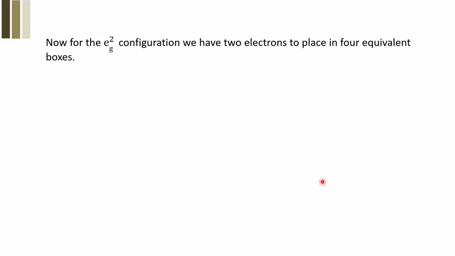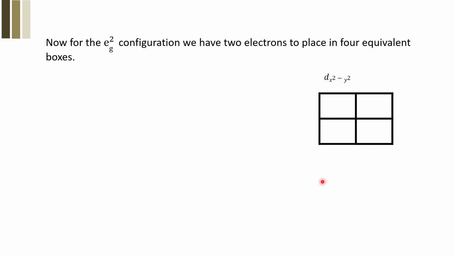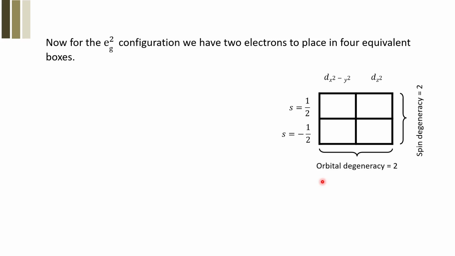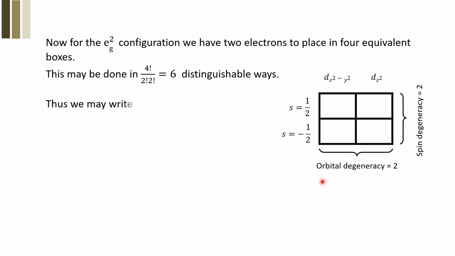Lastly, the possibility for the Eg² type of configuration, where you have dx²-y² and dz², because there are only two orbitals. Orbital degeneracy and spin degeneracy would be 2 in both cases, and now there would be 4 factorial upon 2 factorial into (4 minus 2) factorial, that is 6 distinguishable ways are possible, and we may therefore write